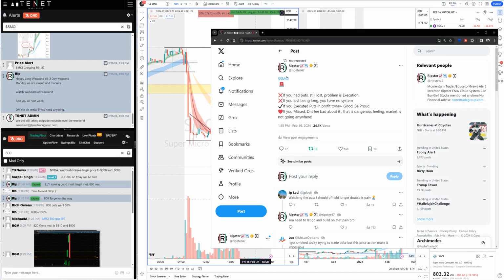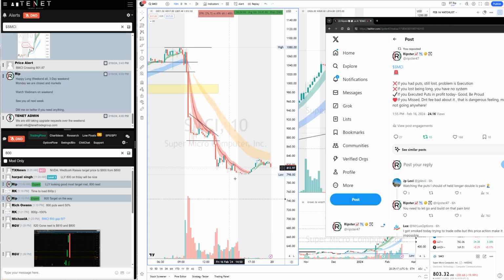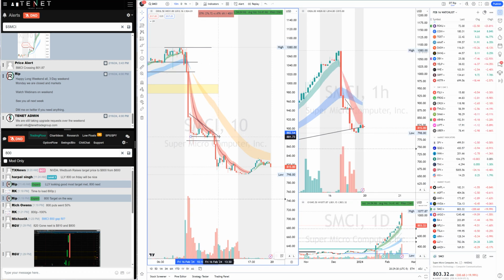So look at what I said today. If you had puts and still lost, then the problem is your execution. Why? Because if you can't make money on a stock that tanked $200, then something is wrong. Yes, you could have easily got chopped in here, right? But you wait for the bounce to add a put, and you add more on the bear flag breakdown. If you just add puts and stop out, add puts, stop out, add puts, stop out, that is the problem